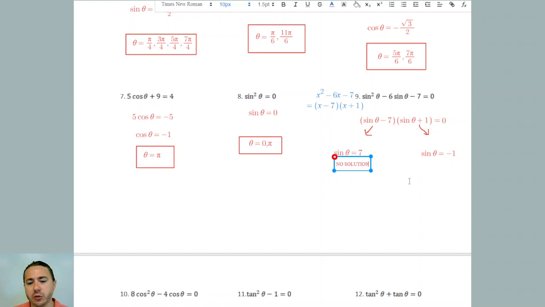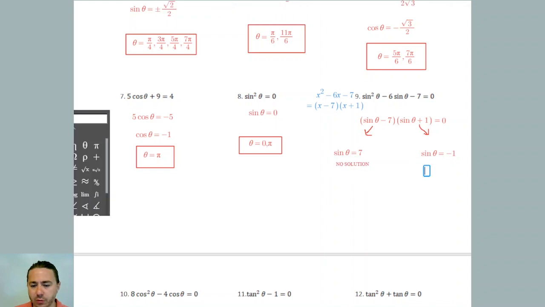Now, there is a solution overall because this one has a solution. So we're going to say that theta is equal to the angle measure where sine is -1, which is when the y-coordinate is -1, and that happens at 3 pi over 2. So this one results in no solution, but there is a solution to the entire equation because our other factor,